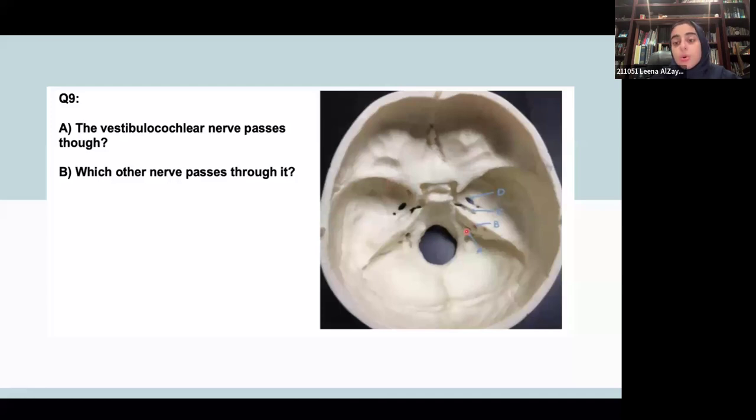Okay. So it's actually B, because the nerve that passes through it is also the facial nerve. And we said this is called the internal acoustic meatus, number 6. D is, I'm pretty sure, the foramen ovale, which has the second branch of the trigeminal next to it. And C is probably the foramen lacerum, which the internal carotid artery comes out of. A is probably the jugular foramen, which means the jugular vein comes out of it, and cranial nerve 9, 10, and